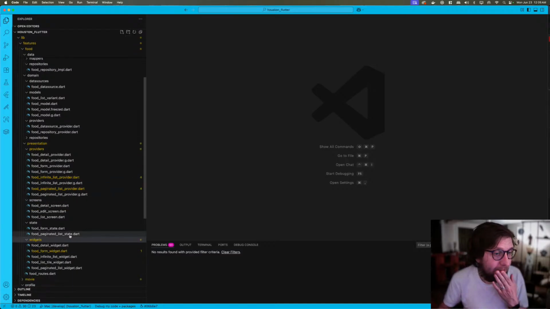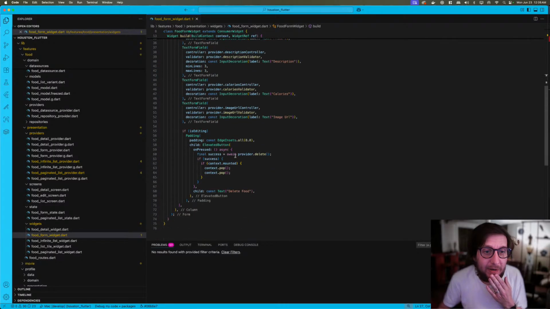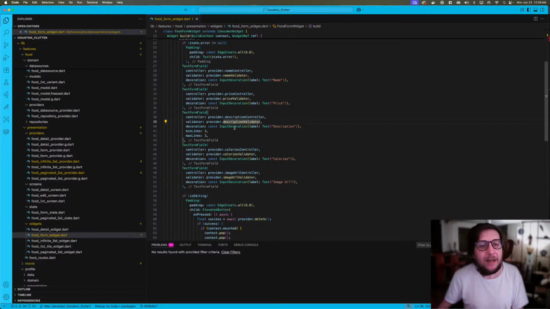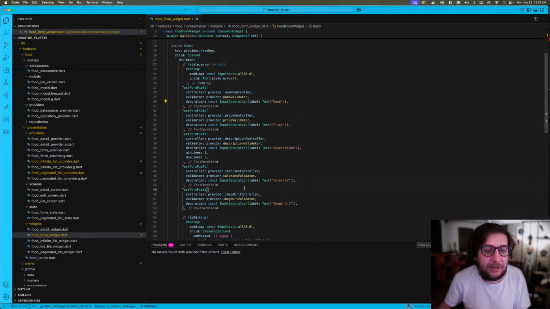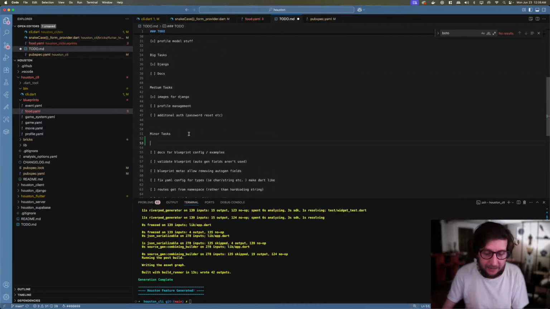And it all worked. Even the form widget itself, which has our new, oh, it's just using image URL. It's not actually, that's too bad. How did that happen? Whatever. Problem for another day. Maybe I'll put that in the README or in the to-do. That's probably a minor task. Generating, I'll say like seafood.yaml. It could have just been something with the YAML file, but I don't feel like looking at image upload